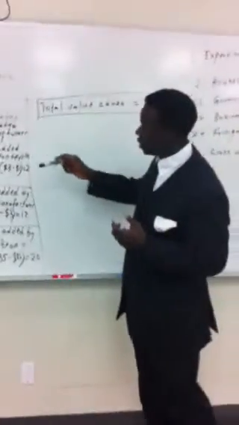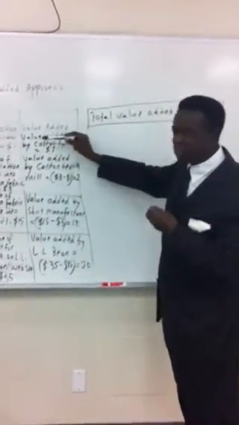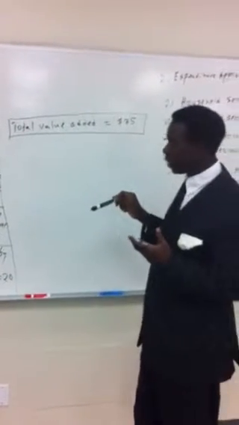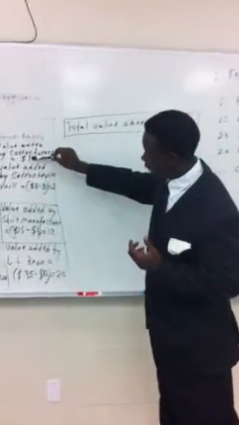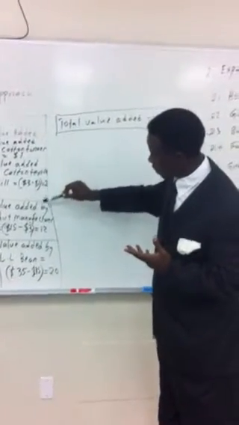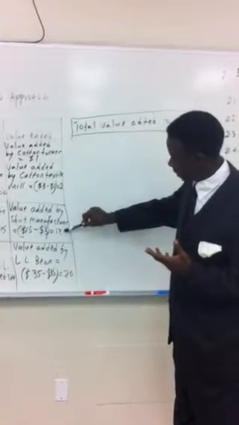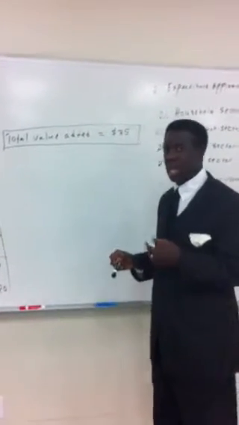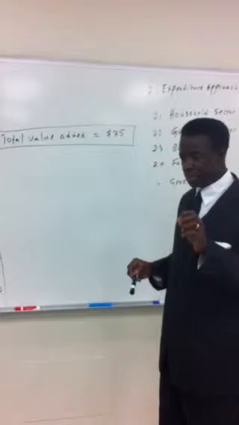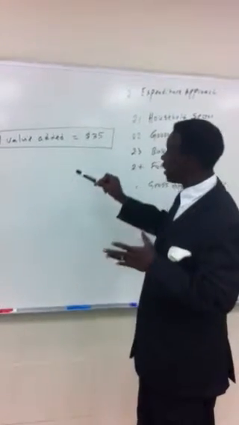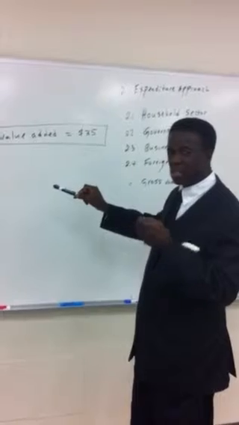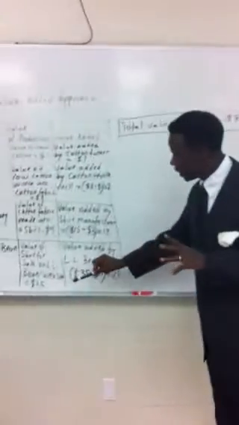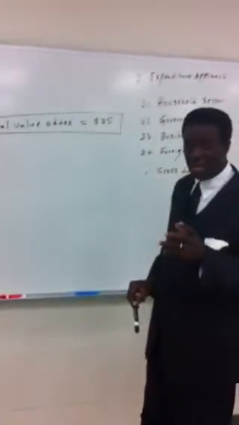Why? Because when you add up the value added by each individual firm, it's going to come up to $35. So which is $1 plus 2, that's 3, plus 12, that's 15, and plus 20, and that is 35. Another thing to take note of is that the sum of the value added is always equal to the price of the final good, which is the price that LL Bean sold the shirt